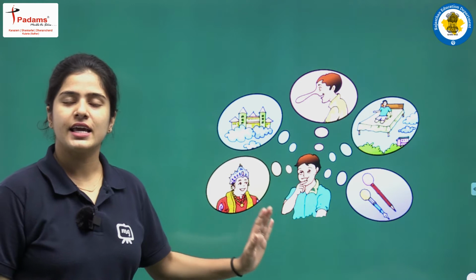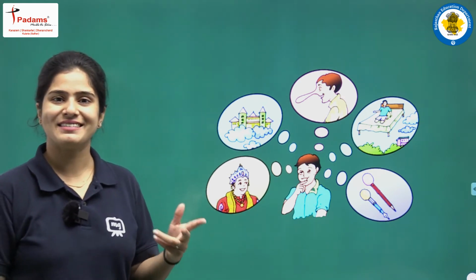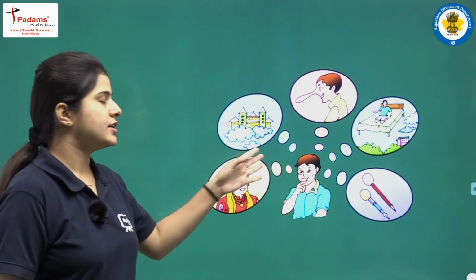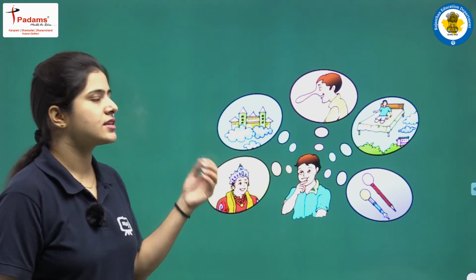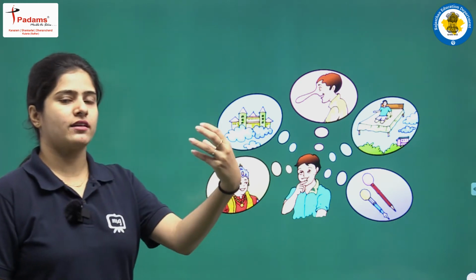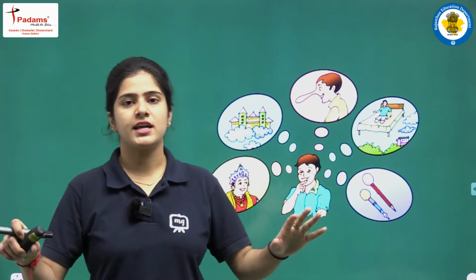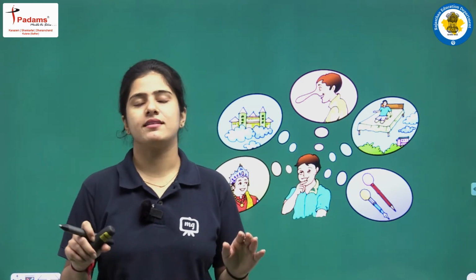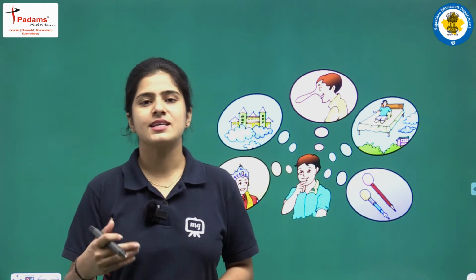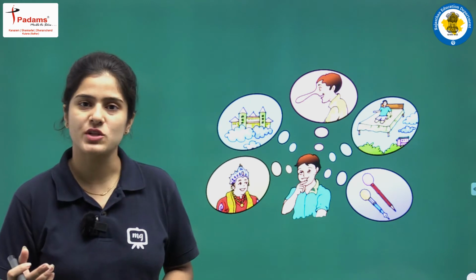Firstly, think of this boy. He is thinking of becoming a king. The change is to become a king. The next change he wants to bring is to build a palace on the clouds. The third change is to have an elongated nose. The next change is his bed floating in the air. Next, a cool pencil or pen. These are the sort of changes that can only happen because of magic.